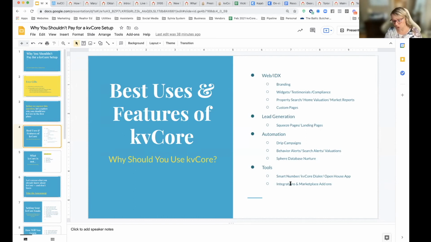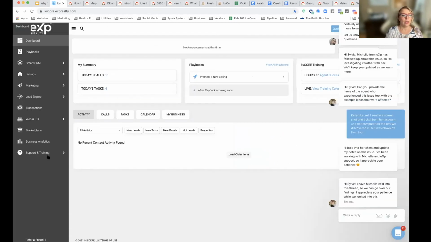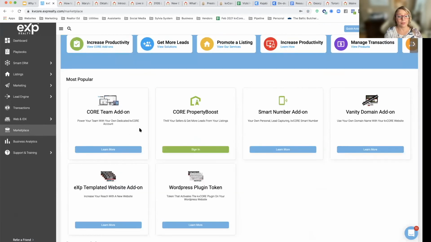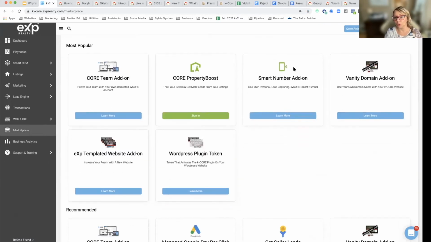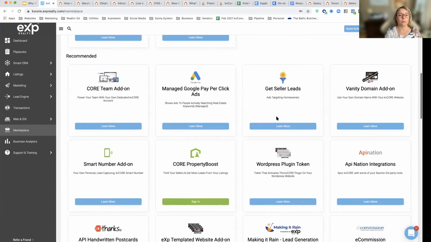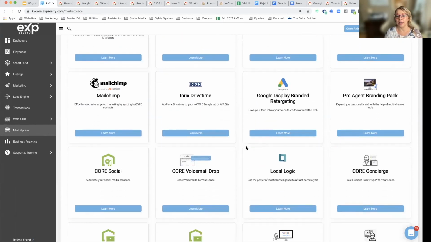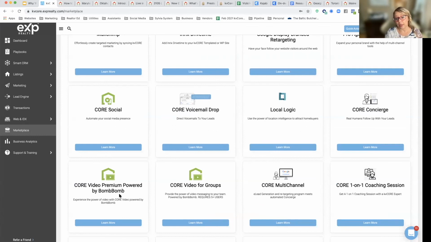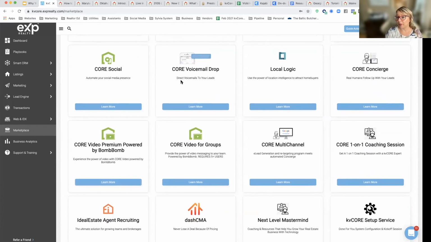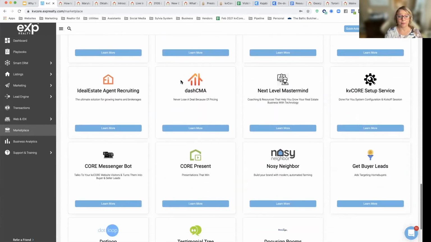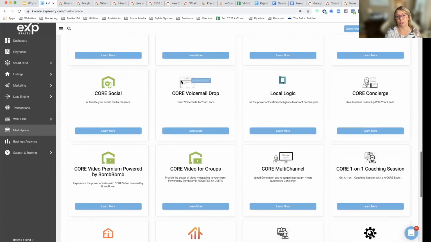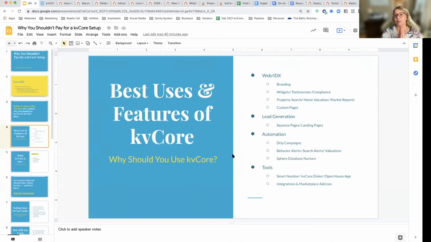And then there's a bunch of other integrations in the marketplace for kvCore and your kvCore dashboard. So if you go here into marketplace, you got these add-on options. So here's where you'd purchase your own smart number if you wanted to. They do have options to purchase leads in the back, and you also have other integrations like Core Video, which is an upgrade I have. This is the bomb integration. You also have voicemail drop integrations, CMA. So there's several integrations you can try back here. So that's some of the best uses and features